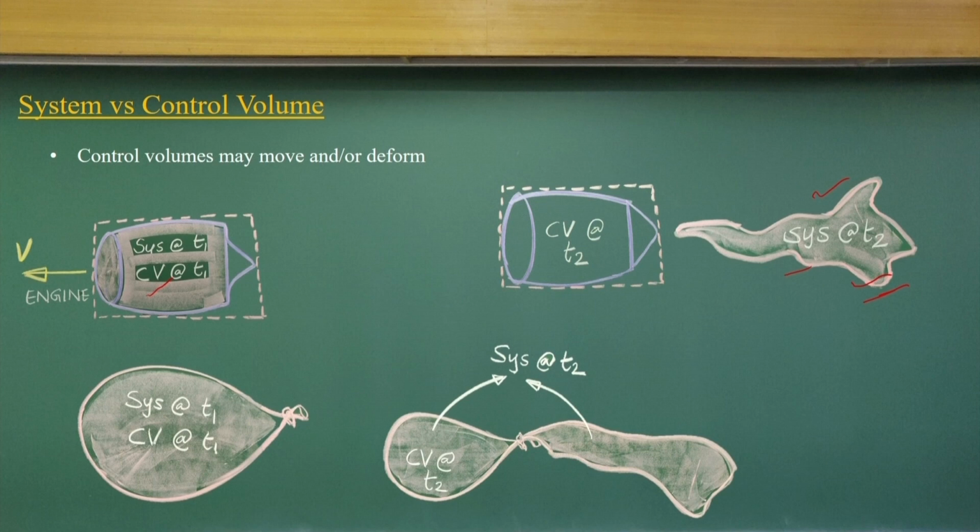The same way, if you talk about a balloon filled with gas, whatever gas particles are there, what we consider is a system, and the space we have considered is the control volume. If we open up the balloon, we can have the system in two places. At t2, the system can be like that, but you have a deformable control volume which is representing this part. So you can understand now, with these two figures, that we can simplify very complex problems with